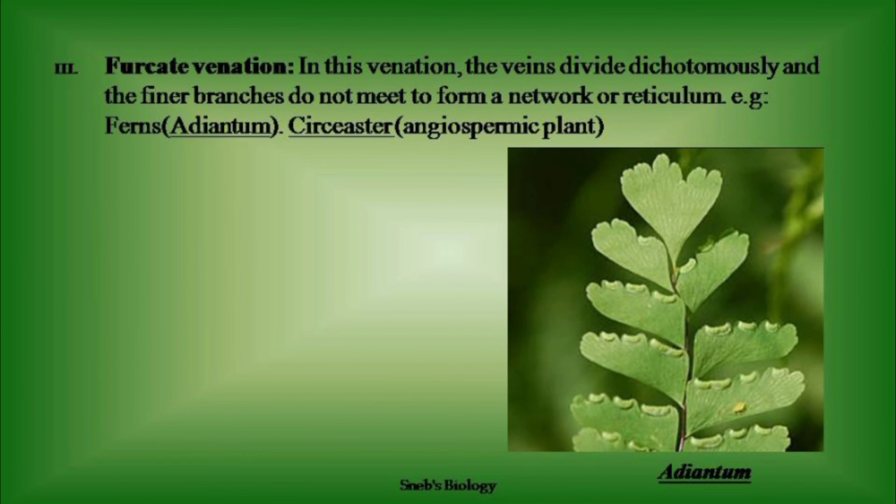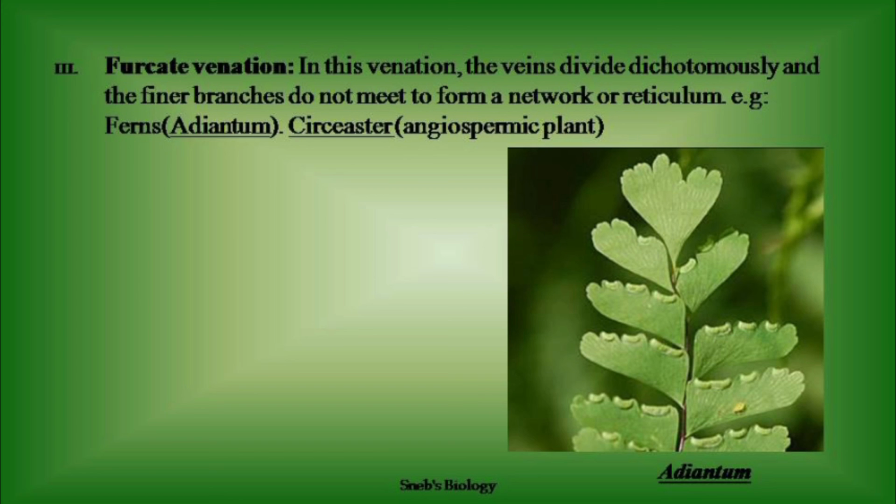The third one is forked venation. It is the characteristic feature of ferns or pteridophytes. In this case, what happens? The midrib or main veins are many, so initially they remain undivided and after that they show two branches. That means they bifurcate. We would not see any kind of reticulation. So the lower part has only the main veins, and as we go towards the upper side of the leaf, we find branching, and every time it divides to give rise to two branches only. That means the veins are divided dichotomously.